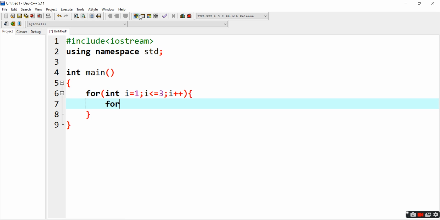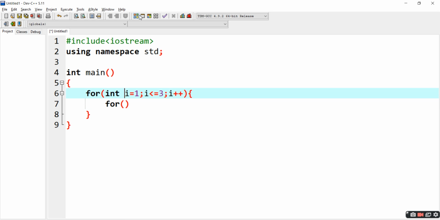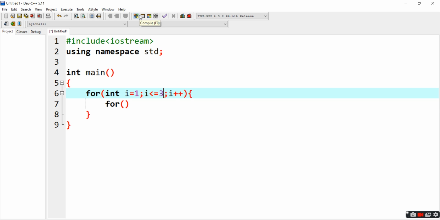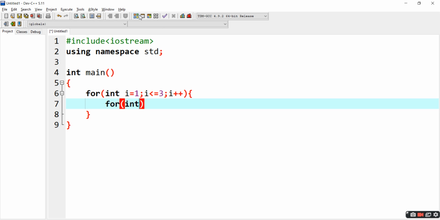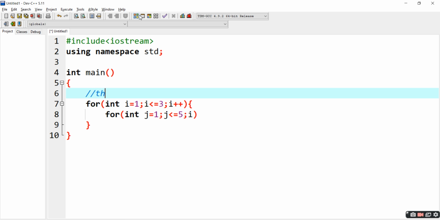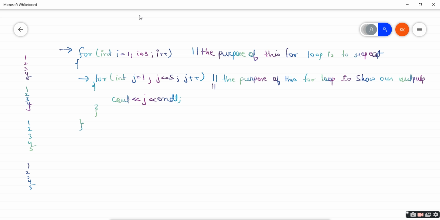No, that one was 5. Yes, sorry, it was 5. No, no, it was 3. I was wrong, it is going to be 3. Was it 3? Yes. Because the purpose of this output is to repeat, according to what you have written previously. I was 5, that's why I'm following your code.